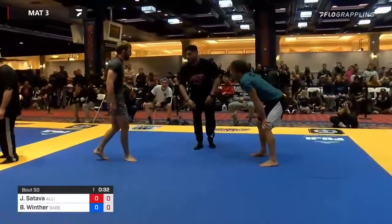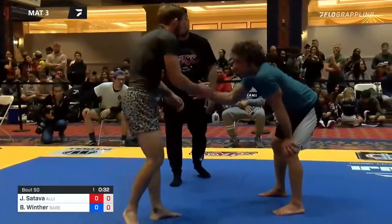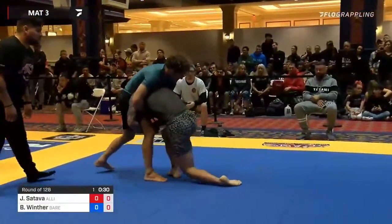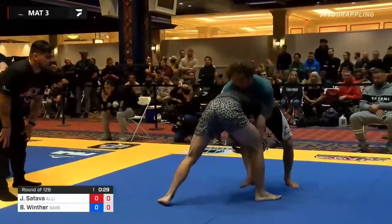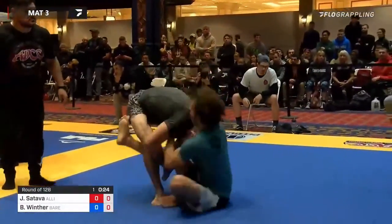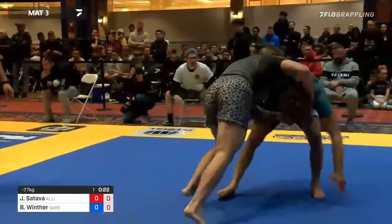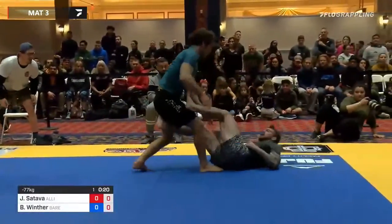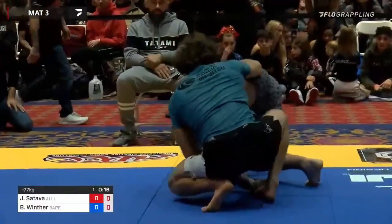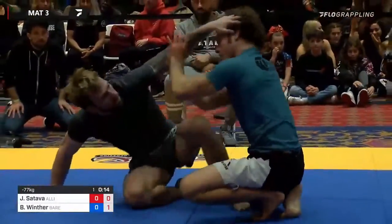Here they go. Back again. Winter in with a double, single. Yeah, that's a nice shot. He's in on the leg. He's got his shoulder in there. Run the pipe. Yeah. Isn't able to finish. Goes to his back, but